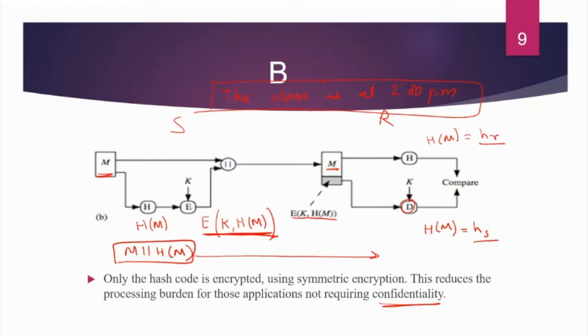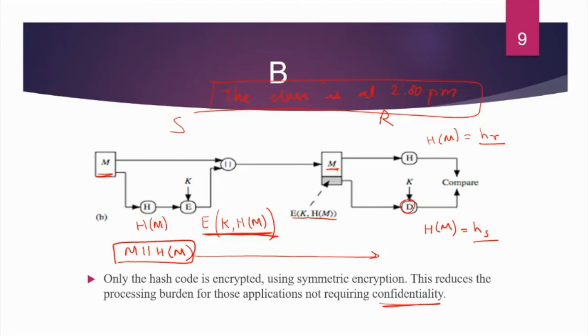So there you are actually achieving confidentiality, right? But the scenario that we are considering is that there are many cases where you don't need confidentiality, but you need authentication. Okay? So if you need authentication, this is one way to achieve only authentication without confidentiality. Okay?